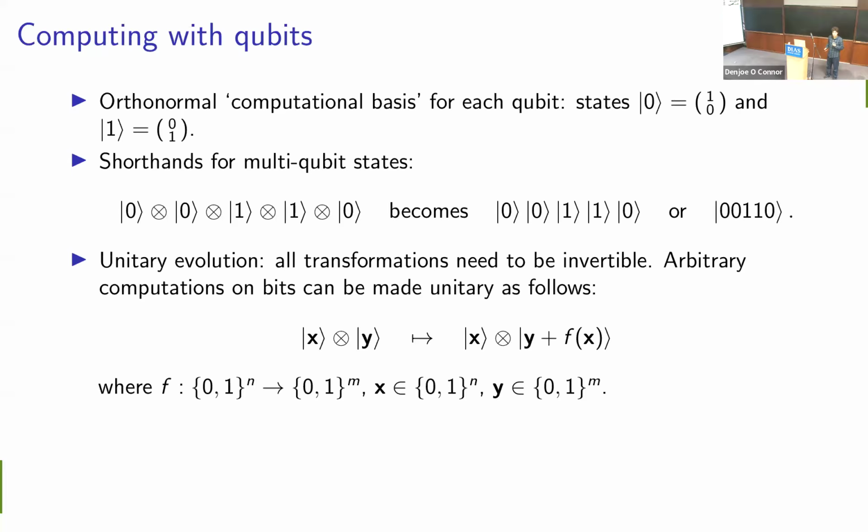You mean this one is addition? So this plus here represents addition of binary numbers. It could be, or it could also be standard addition modulo 2 to the m, depending on what your result is. But if you've got multiple qubits, then you would usually use standard addition modulo 2 to the m to get your outcome onto this output register.